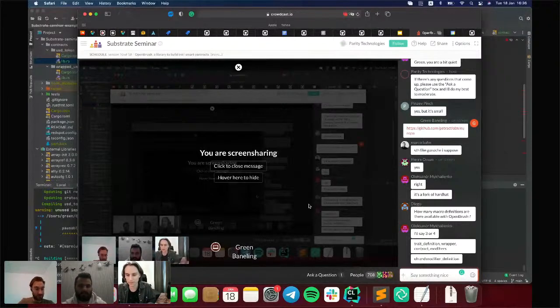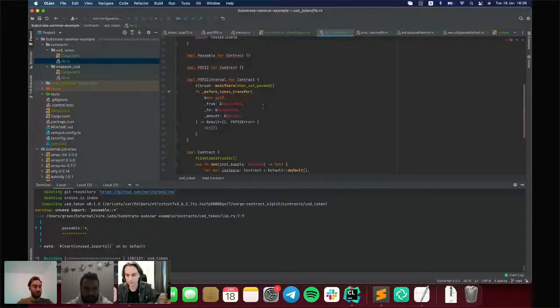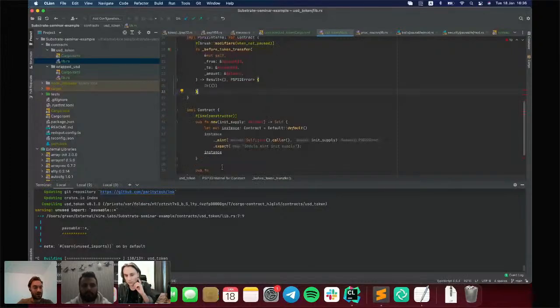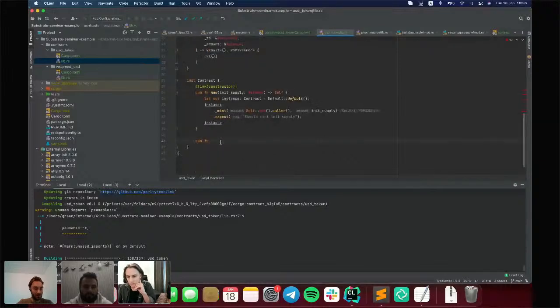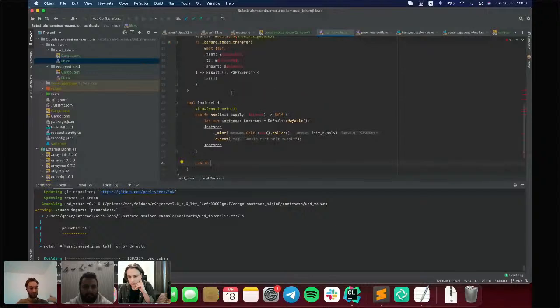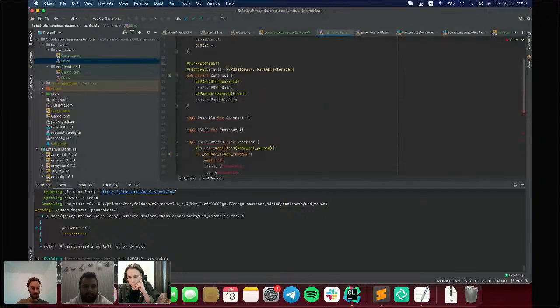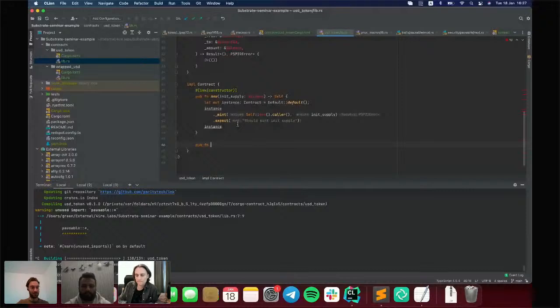Can I respond, Green? Yeah. So Pausable, Sasha: imagine you have a contract and you want the ability to pause it at any time, so that all transfers in the contract will be blocked for a certain amount of time. It's a good security measure. For example, if a hacker starts to drain everything, you can pause the transfer and everything will be blocked until you release it. It's just a Boolean: if it's true, it's paused. If it's false, then you can go.